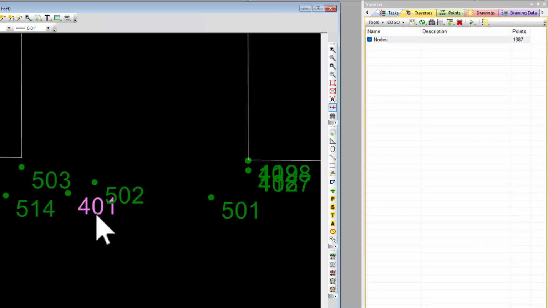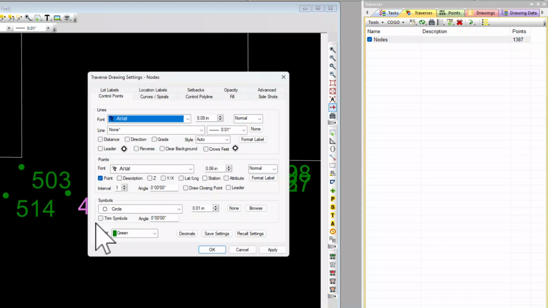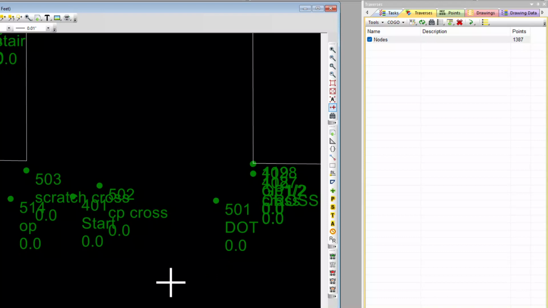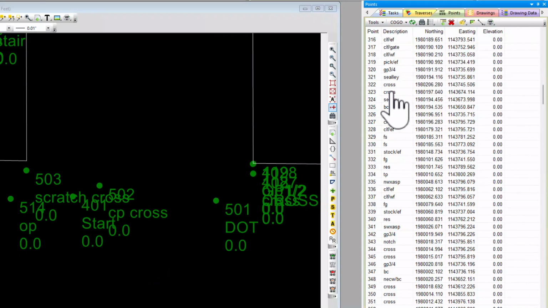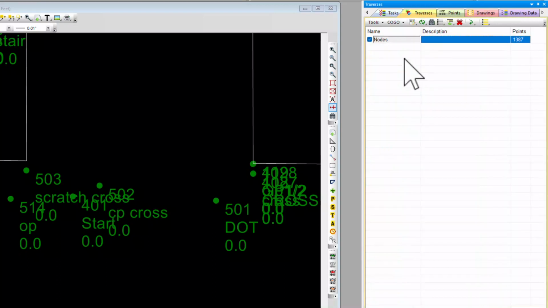Let's drop into the drawing settings for this Traverse. And let's tell it to, in addition to drawing the point label, draw the descriptions and elevations. Let's make those just a little smaller like that and choose OK. So here are all of our Eagle Point nodes brought into Traverse PC as survey points. Here's all the points. This traverse is drawing them for us, and it's drawing the point symbol at the location that point was inserted. And we told it to also draw the label, the description, and the elevation for each